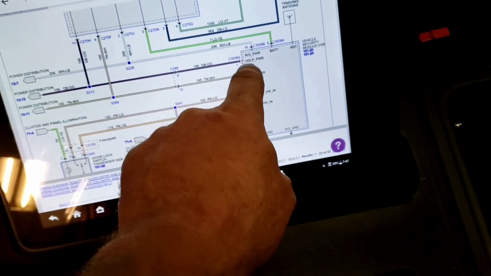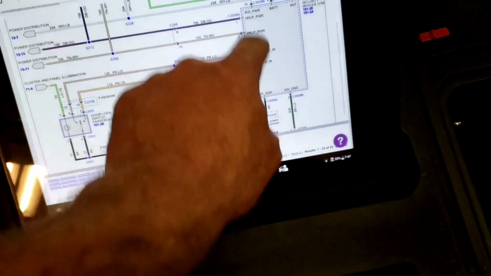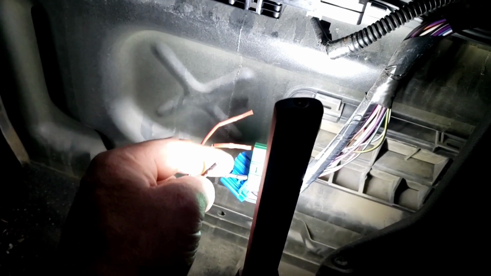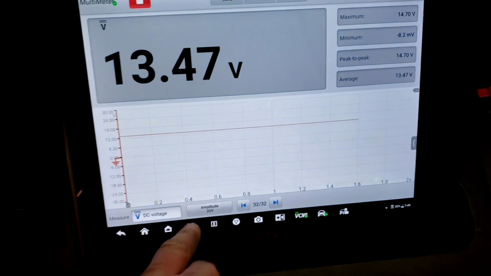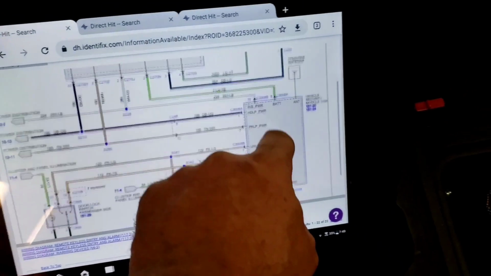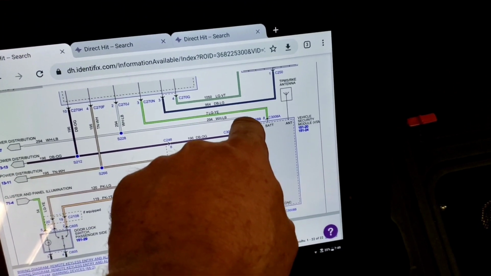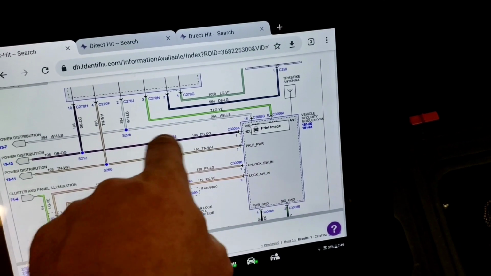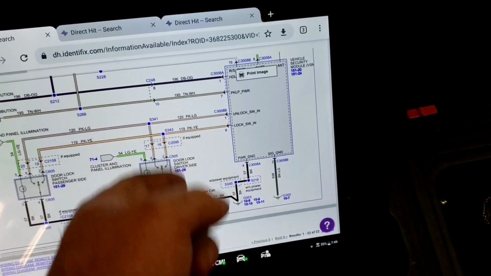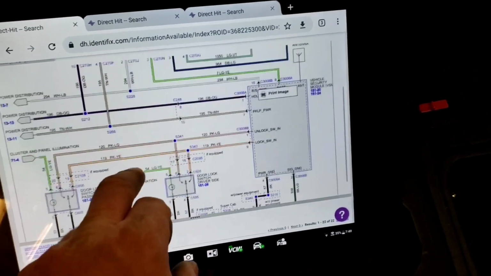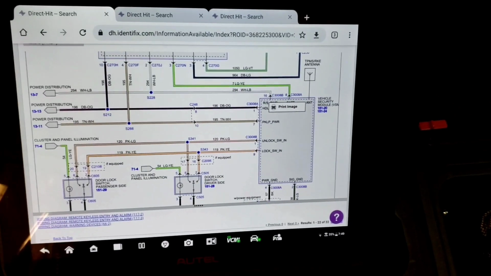I'm going to go to 3000B, which is the gray one. Let me check power there and ground to there. So I checked the other one here, the other connector, the green one, power and ground. And we got 13.47, which we have a battery maintainer on it. The other one we didn't get that. If I go back here, I'm checking this one to here, which it don't matter. It's a signal ground and a power ground, it says. But either way, I don't have